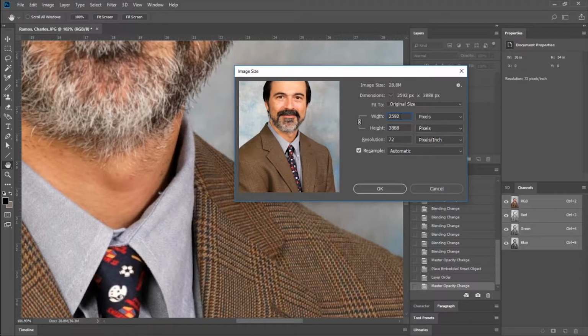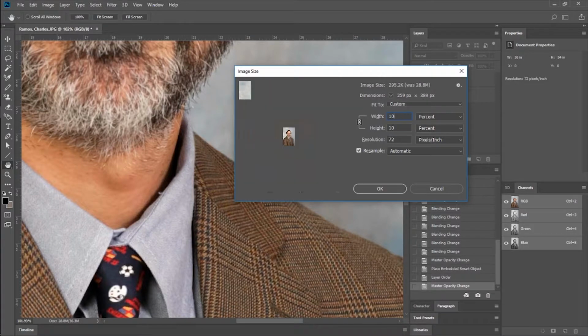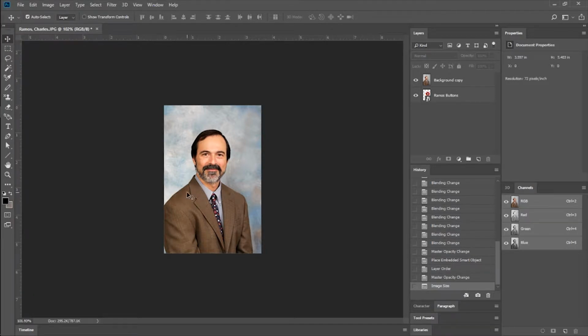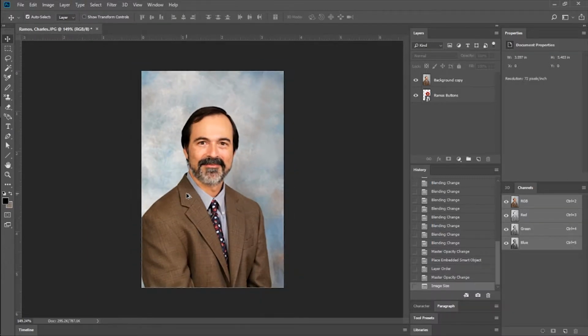So generally, you probably want to keep that option on there. The other thing is it lets you choose by percentage. Maybe we want to make Charlie 10% of the size it was. So if we put it on percent and I change it to 10, now it's 10%. And now this is Charlie at 100% in this image. So that's a little bit better for what we're doing because I don't have any other images that are that